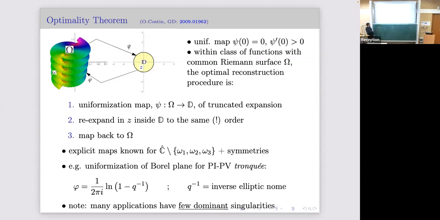However, in the process, we found the exact uniformizing map for all of the truncated solutions. It's expressed in terms of this inverse elliptic nome function as a logarithm. So that gets all of these repeated in. So it's absolutely exact uniformization. But that's because the boundary guys are switching. In real applications, we're going to have to work with just a few dominant ones.